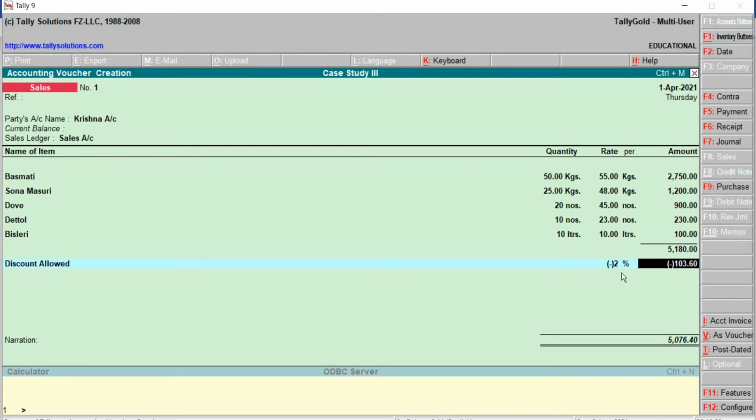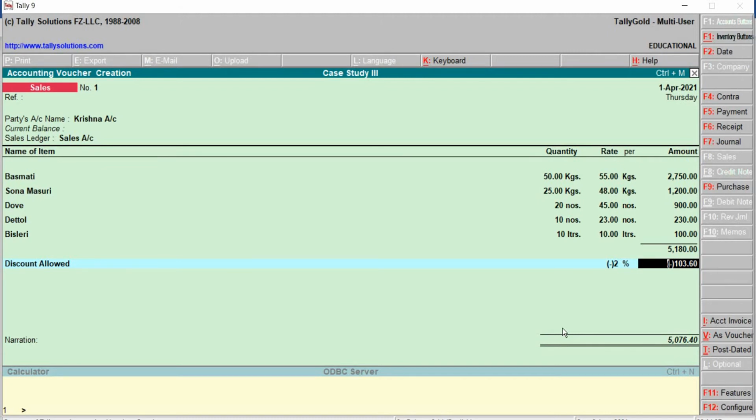On the whole total, it is 2%. Think that right now, for each and every item, we are providing the discount. For the first item, 5%, second item, 10%, the third item, 15%, then the fourth item, 2%. In that case, what has to be done? In Tally, we have one more thing. For that, again, we have to go back to company features or Tally features. That is bottom right hand side. Here we have the Tally features or company features.